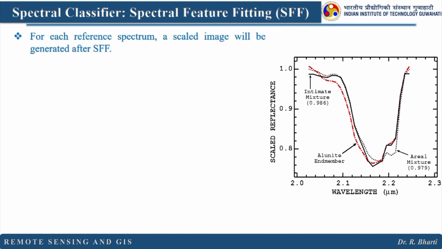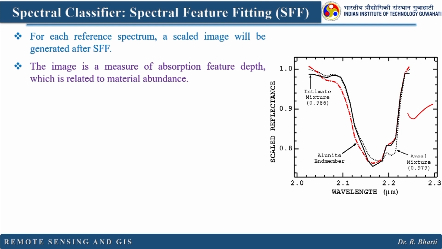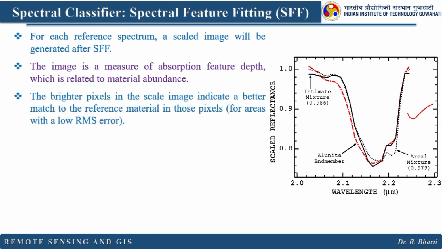For each reference spectrum, a scaled image will be generated after spectral feature fitting. The image is a measure of absorption feature depth which is related to material abundance. The brighter pixels in the scaled image indicate a better match to the reference material in those pixels, for the areas with a low RMSE error. That means if the absorption features are matching more, you will have a very good classification output, and the intensity in the